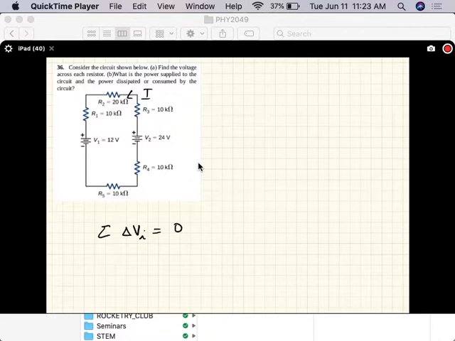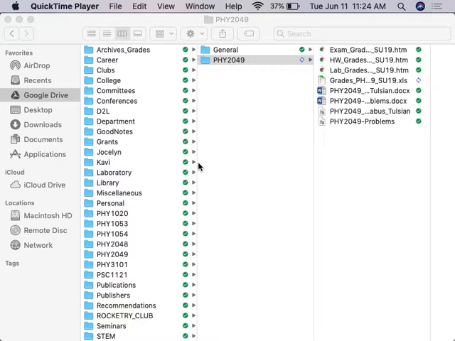Okay, so again, let's say the current is in this direction. We'll start off here. So the current is like that. I've just drawn it in several places. What we'll do is start here and then go across each element. Current is flowing downhill. So when you go across this element,